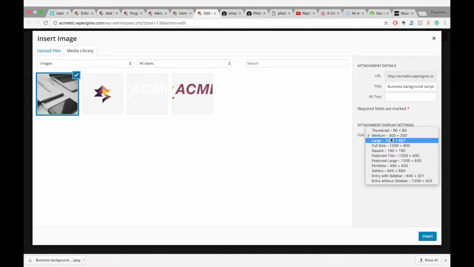Boom. Over here on the right, you see how that defaulted to medium, 300 by 300? Sometimes you'll upload an image and you'll wonder why inside the image it looks blown out, even though you know the image has the right resolution. When you upload an image to WordPress, it automatically creates, I don't know exactly how many, I think it's 6 or 8 versions of the image in different sizes. And so you have to go in here and tell it to use the full-size image,